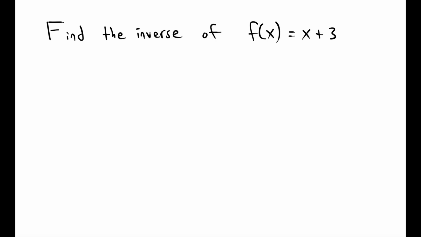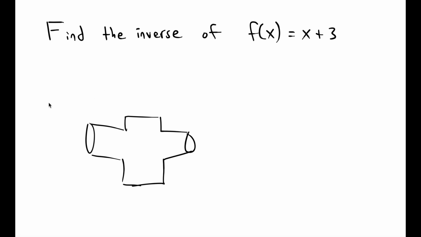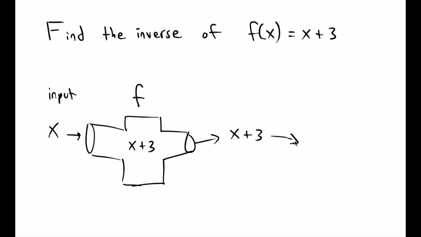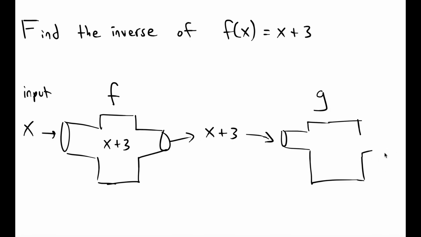I want to find out what kind of operations would undo the operations pictured in this formula for f of x. So basically, f of x is going to do something to the input, x. You put x in on the left, f does some kind of operations to it, and then you get out a result. I need now to be able to figure out what kind of machine would accept the outputs of f and undo all the operations that f had just done. This may sound familiar